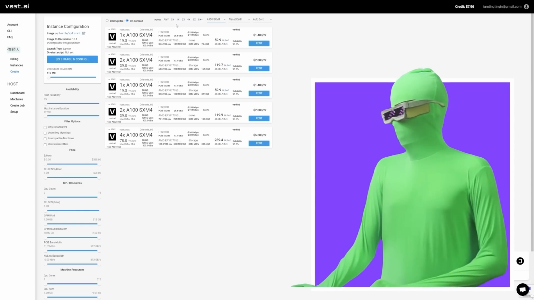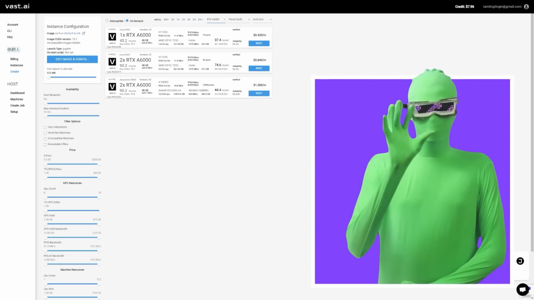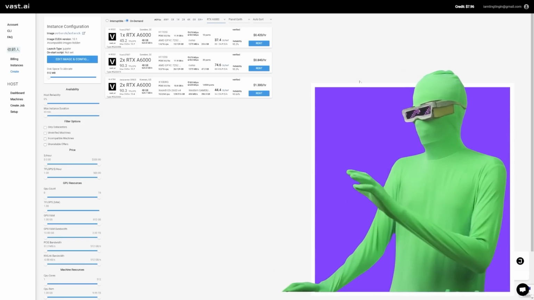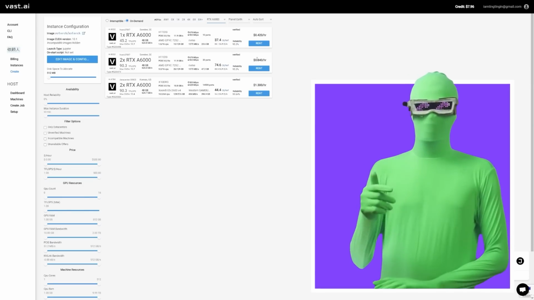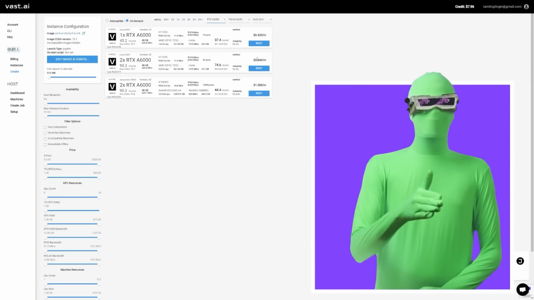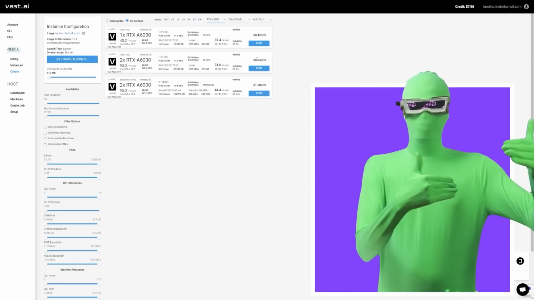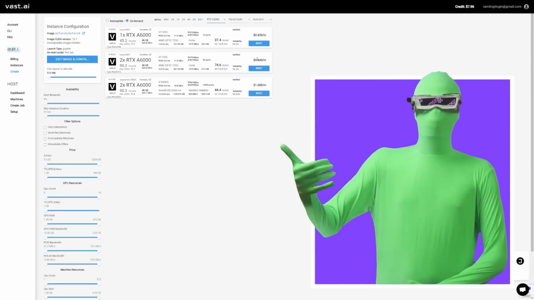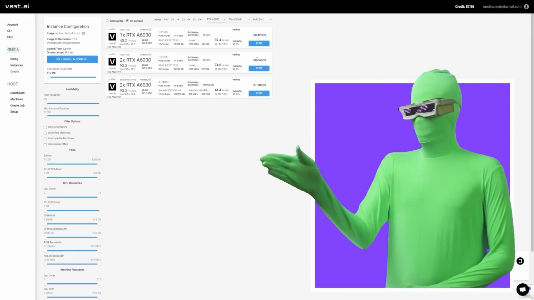But this one is more expensive than if you just went for the A6000. And ideally, you want to get the cheapest per hour GPU. So technically, if you get 2 GPUs, for example, here, 2 GPUs is going to be even faster. The issue is 2 GPUs is more per hour. So if you make any mistakes, it costs you more because in that time that you're trying to fix your mistake, you're spending more money per hour. So really, you want the cheapest per hour thing you can get, and that's the A6000.